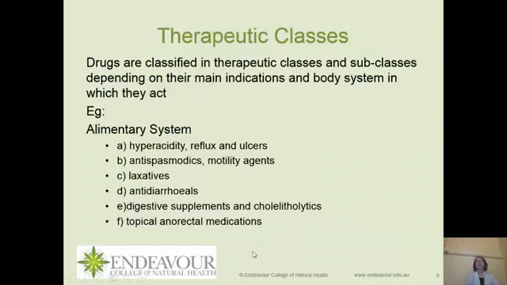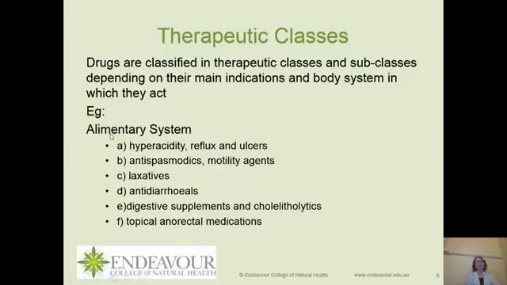Now we're going to use generic names, as does all of the literature, in studying the drugs acting on the various body systems. There's other ways of classifying drugs, but important to realise that that's going to be the major system that is used in many of the textbooks, pharmacopoeia, electronic literature. So we've given an example here of a body system, the alimentary system. We'll talk about it as the gastrointestinal tract, and so here is a sub-classification of drugs that act on the